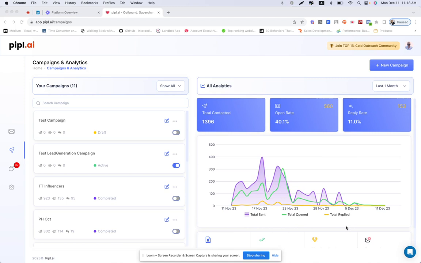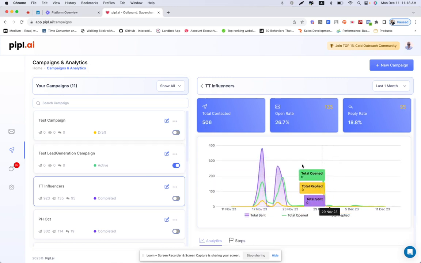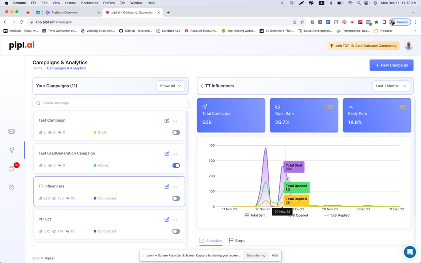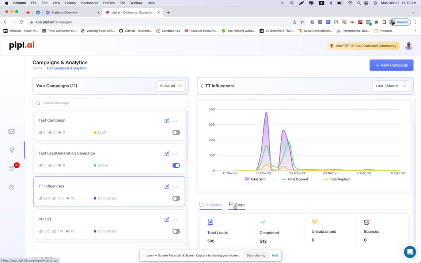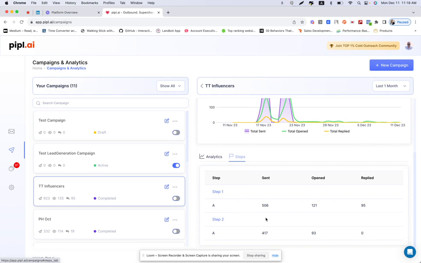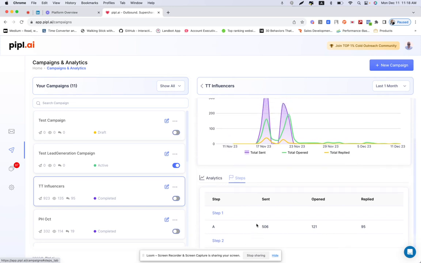You may ask, what should I do in order to take a look at stats of each particular campaign? This is quite simple and straightforward. You just click on a specific campaign, and that will bring you the stats over it. You will also see the stats analytics to check how your campaign performs at every step. But in order to launch your first cold email campaign, the first thing you want to do is